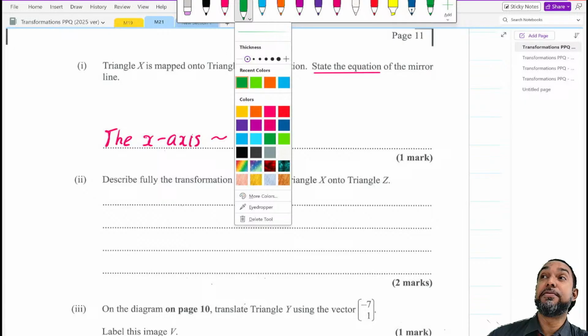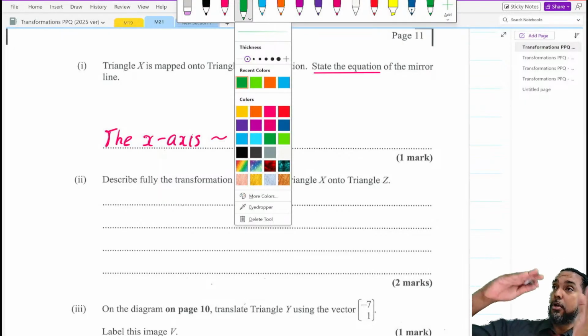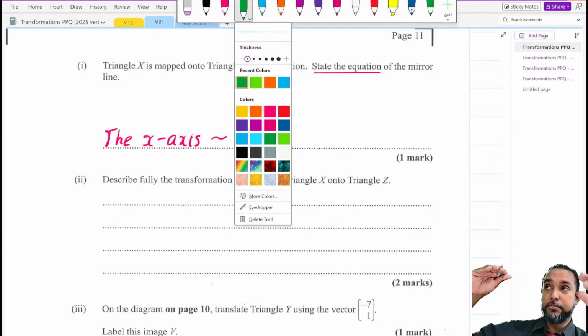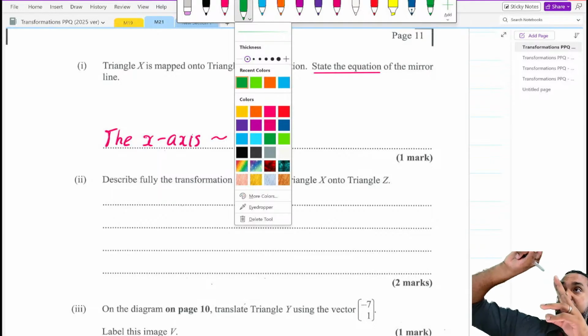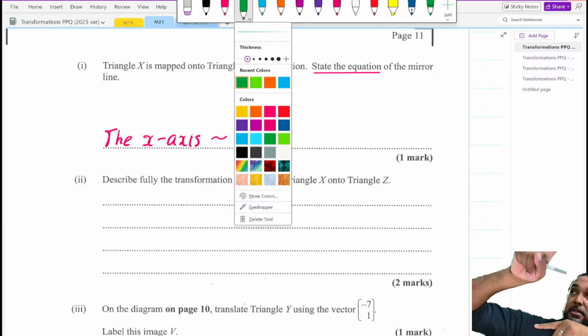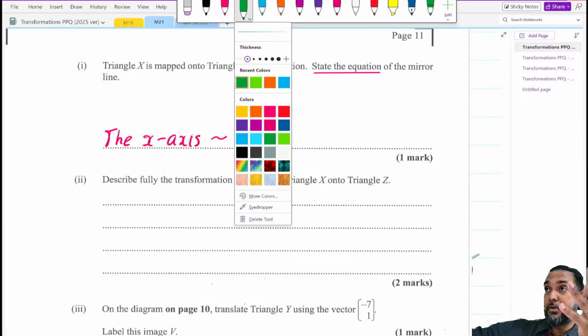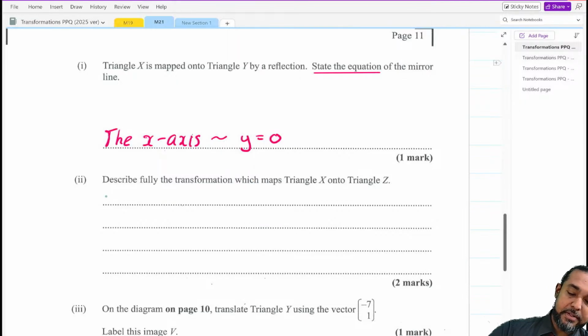So you wouldn't get the full marks unless it's described fully. A rotation has to travel either clockwise or anti-clockwise, so you have to say it. Even if you have a 90-degree clockwise, that corresponds to another angle anti-clockwise and vice versa. And you also have to state the center. So you have 3 or 4 things. Describe fully the transformation. So it is a rotation, anti-clockwise,